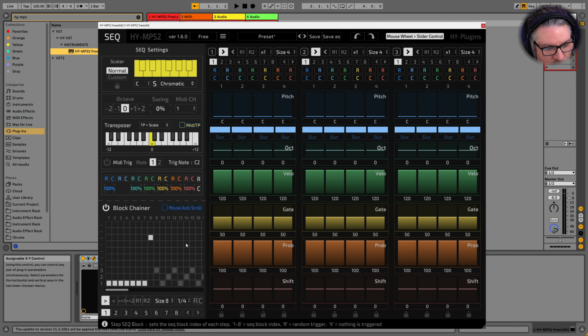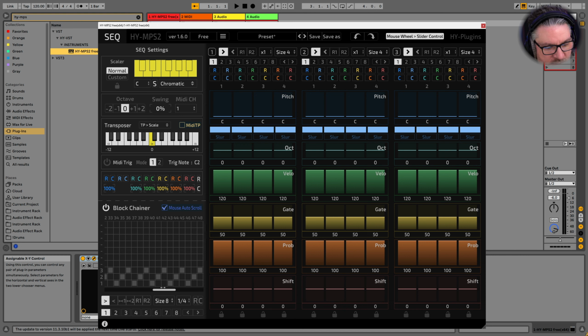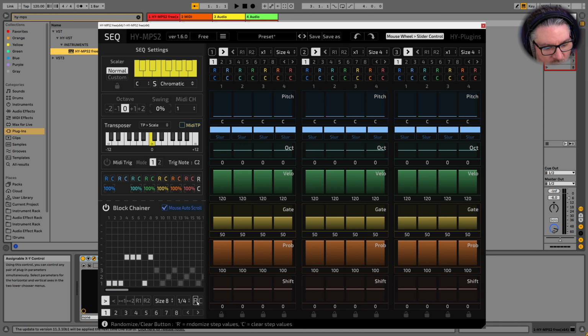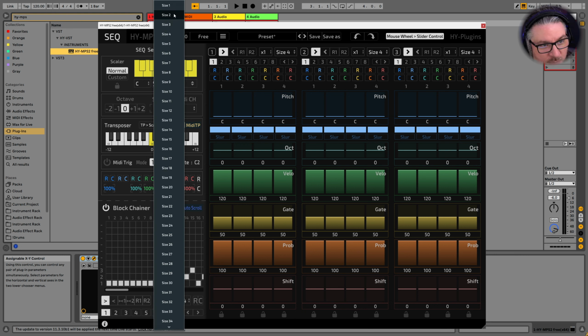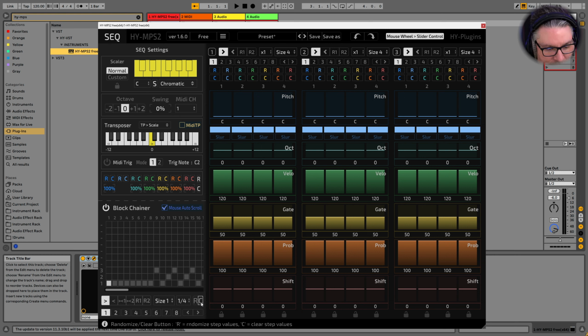If this is on, when we drag, it will move the window like so. And it looks like we can have up to 64 at this time. And if we choose, what does this do? 1. Okay, so that's up to 64. Yep. So this determines where the blockchain or chain will stop.